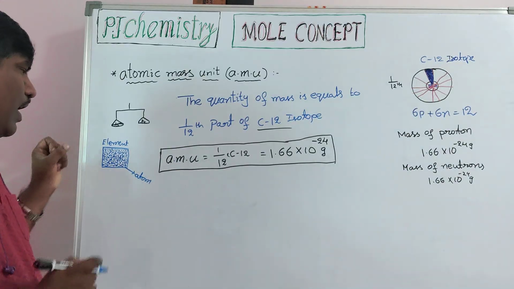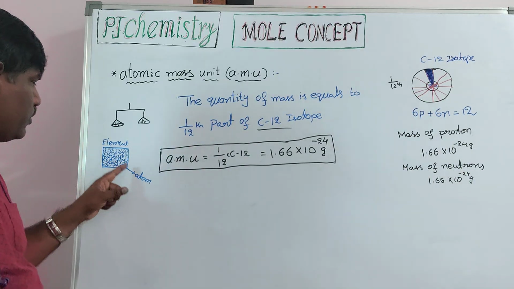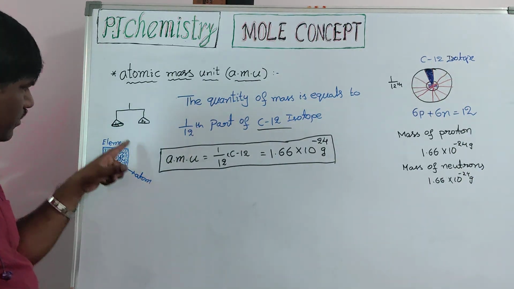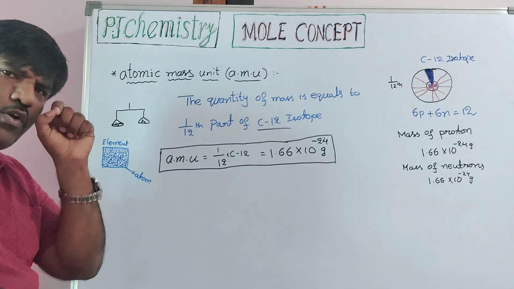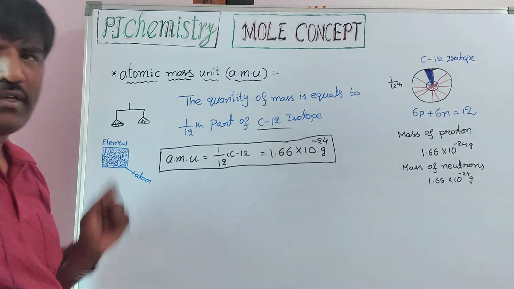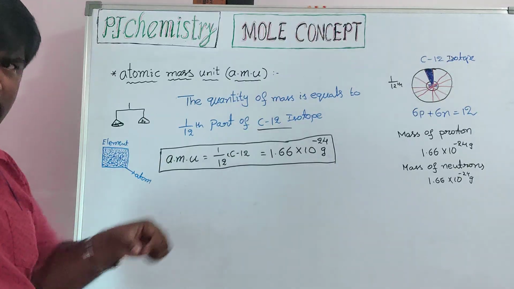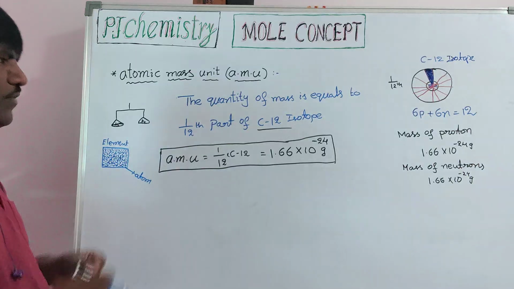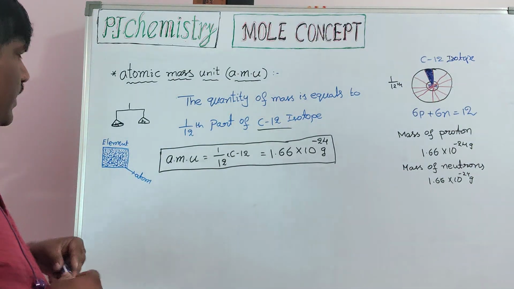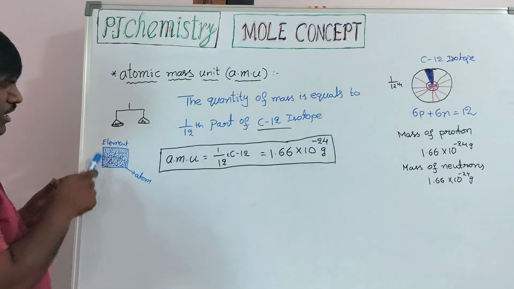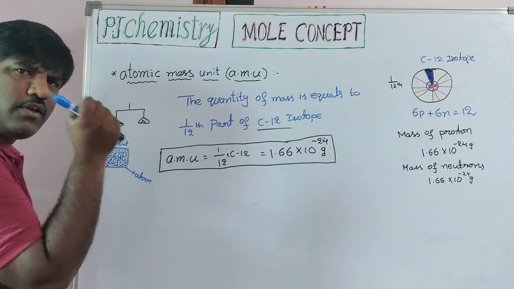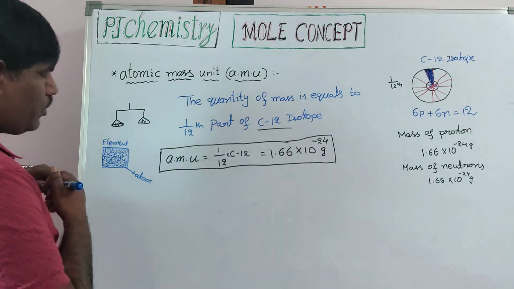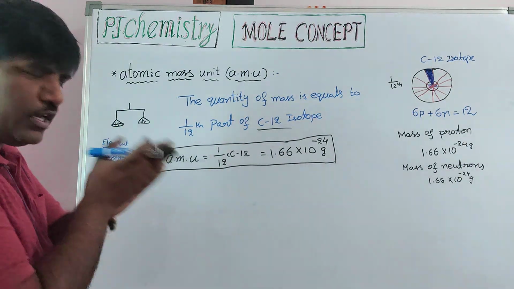Now I want this total. These are all atoms, an element is made up of atoms, and then one small atom of an element. Mass of one atom of an element I want. Here there are many atoms, and from that I want only one small atom's mass. So to find out the mass of one atom of an element,